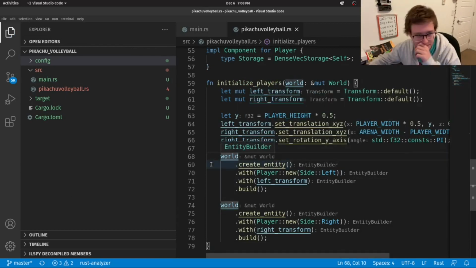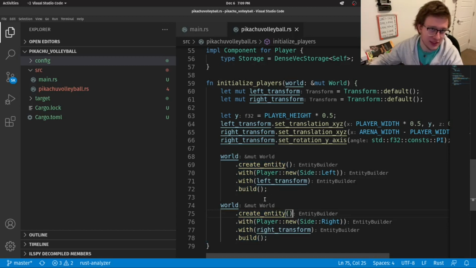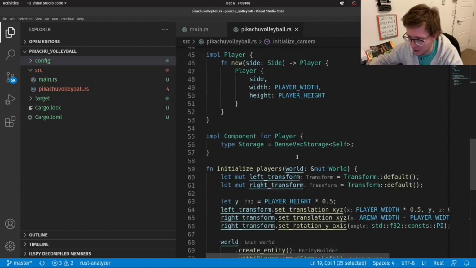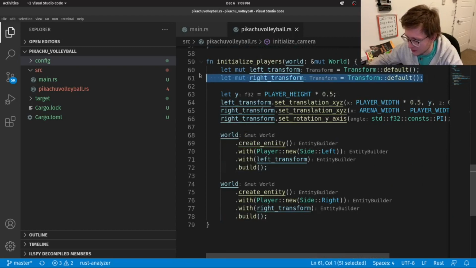Okay, so first of all, you can see that our newly created entities have two components. They have player, which, as I said, defines them as players, and we have transform, which, just as with our camera, we have here as well, and it's just these two transforms, left and right.